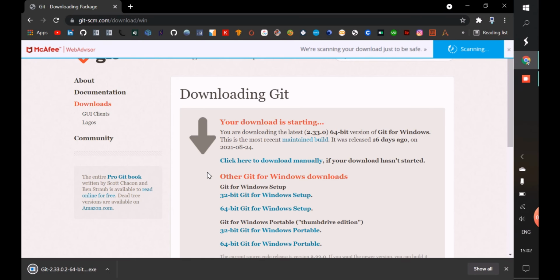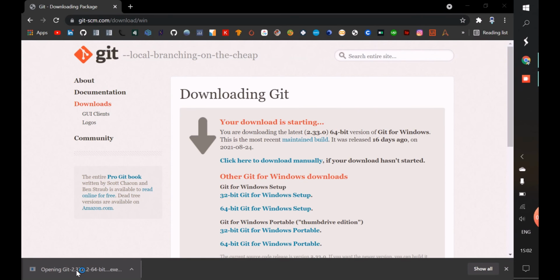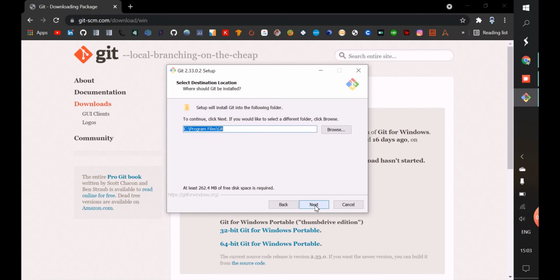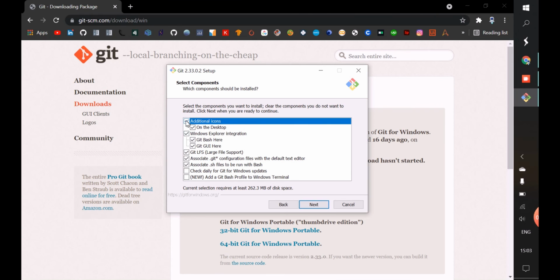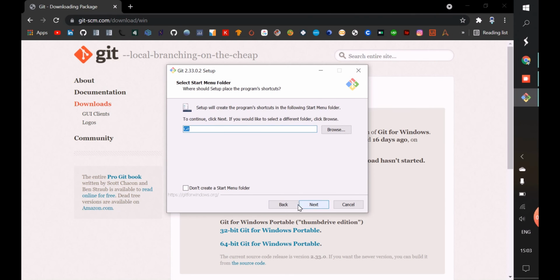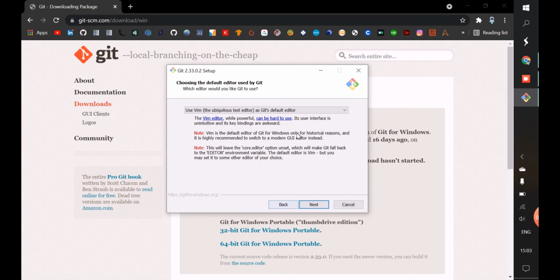Now click on that file and it will ask for your permission. Click on yes, then this window will open. Go next, keep it default, go next, select all the features available here, then next.